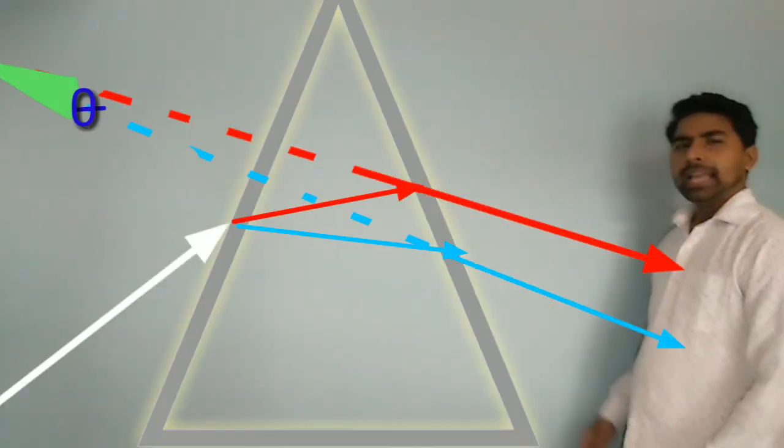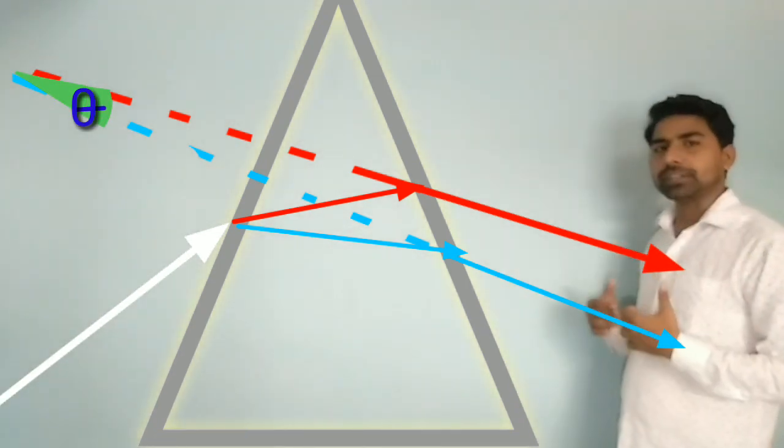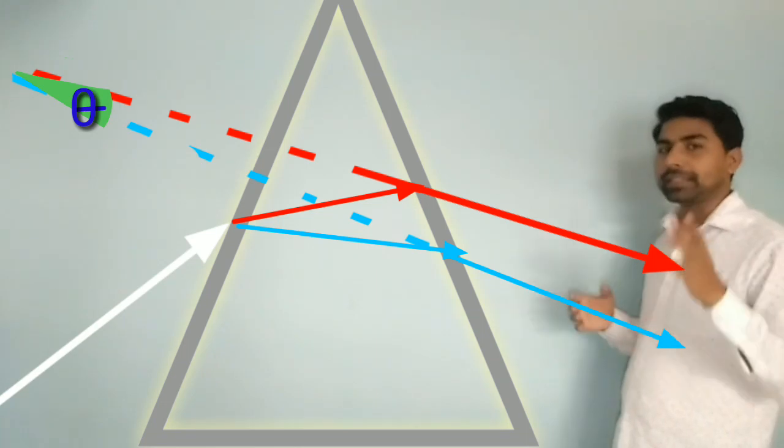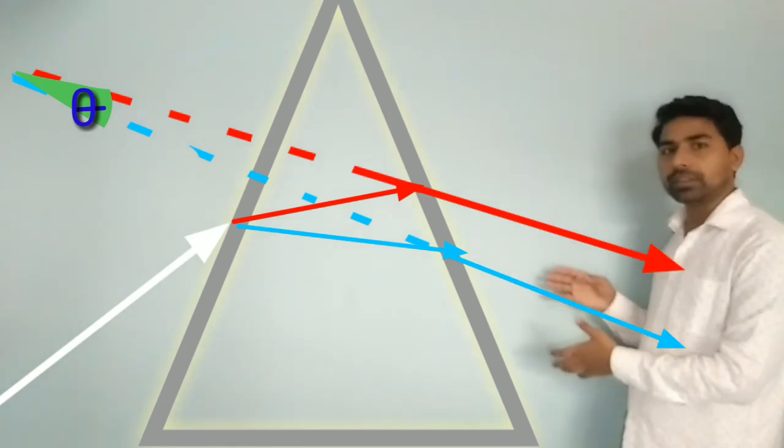So, talking about the angular dispersion, what is that? The angle between two emergent rays is known as angular dispersion, and those two colors may be any two out of the 7 colors. How? Just see this. In this ray diagram, you can see the deviation not only by a single color, now the two colors are there, red and violet.